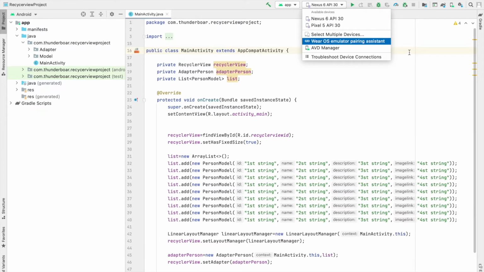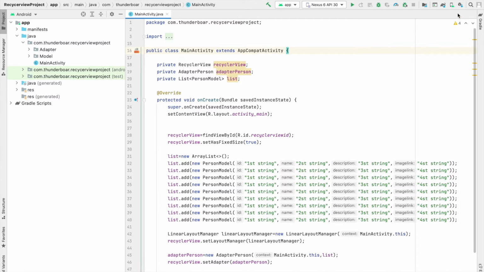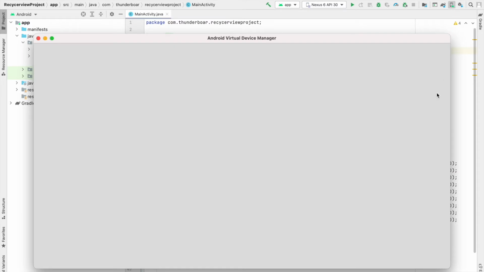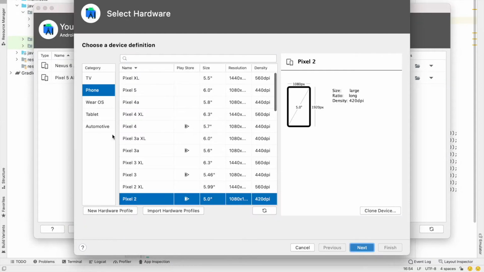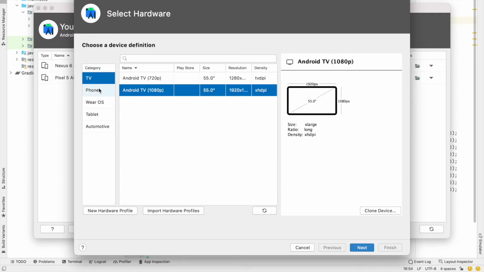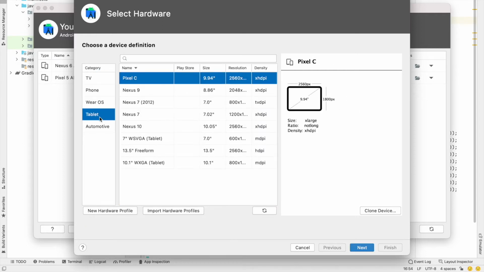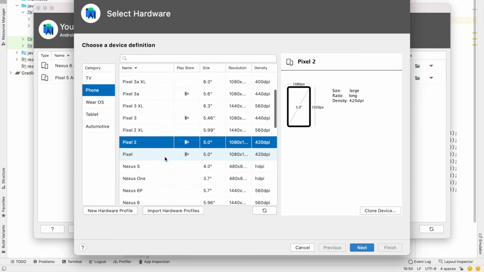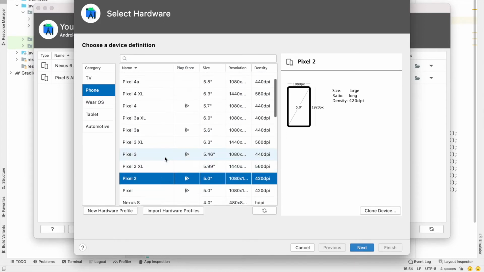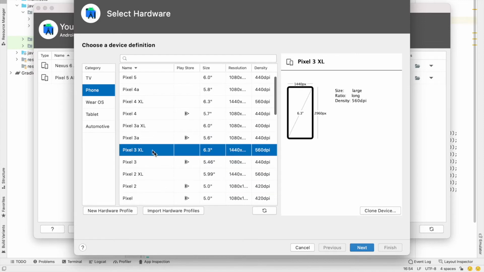If you guys don't know how to download the emulators, you can see here the AVD manager. Just click the AVD manager. You can see create virtual devices. Then you have to choose which virtual device you are going to make. In my case, I'm going to make a phone. So here we have to choose the hardware of the device. I just click Pixel 3 XL and click next.